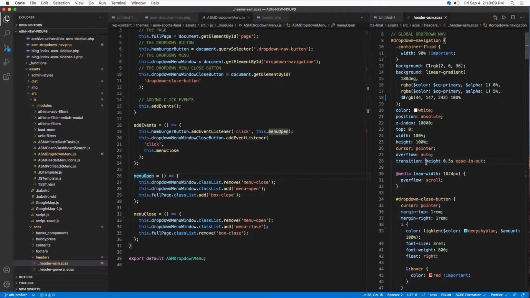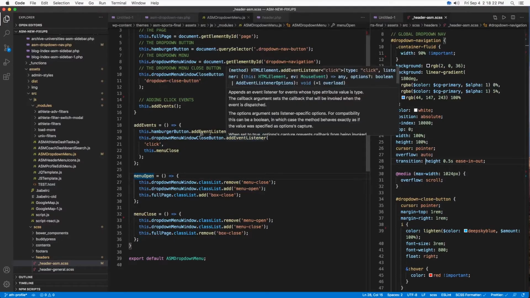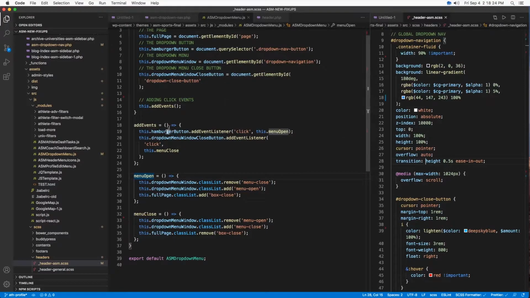Since we are changing only the height, we are making sure the height has this transition added to it, 0.5 seconds. That's why whenever this hamburger button gets this click, it's replacing the menu close with menu open,